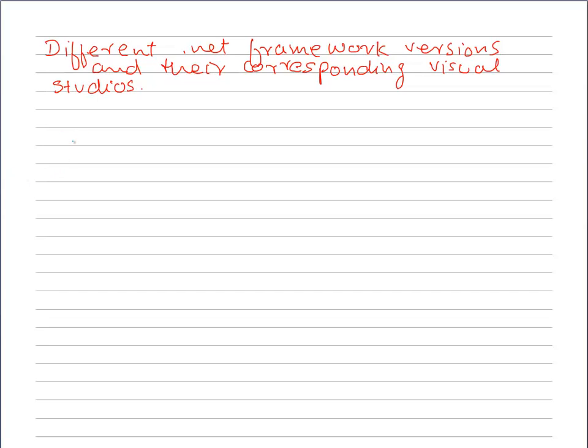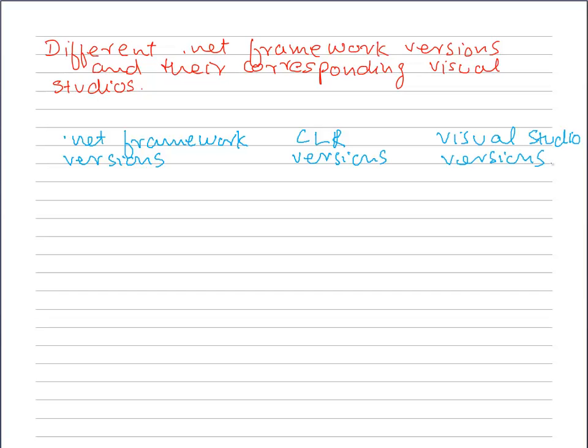Now we'll be writing three things. Number one, the .NET framework versions, the CLR versions, and the Visual Studio versions. So we'll be discussing three things: the .NET framework versions, and by .NET framework we mean the whole coding environment, the CLR versions, which is the runtime environment, and the corresponding Visual Studio versions. So Microsoft actually started with .NET framework version 1.1, in which they launched the CLR version 1.1, and the Visual Studio that you got for writing programs that would target this framework was Studio 2003,